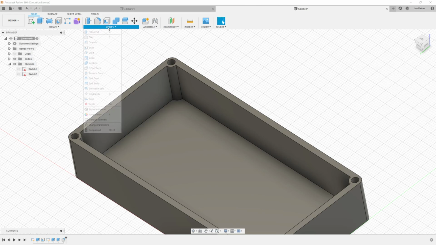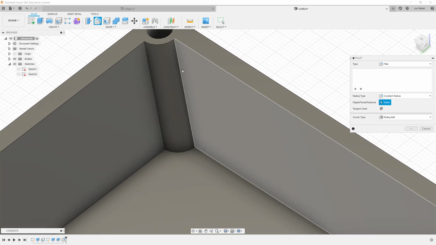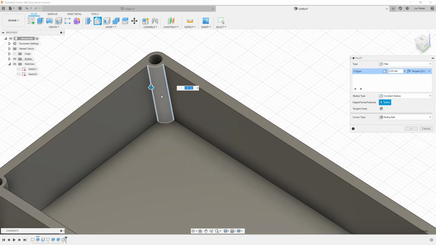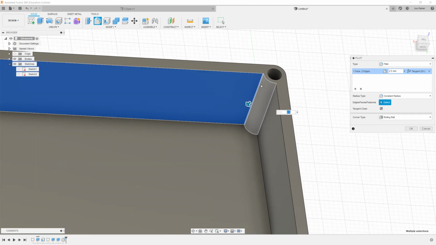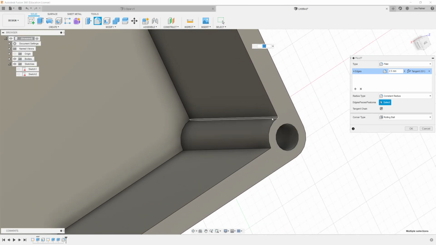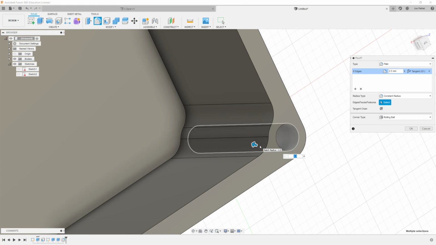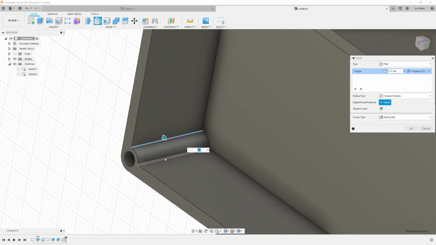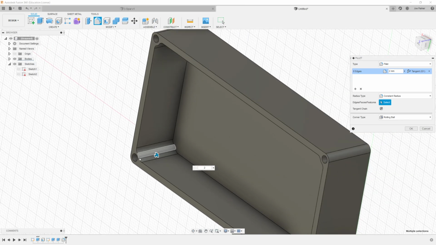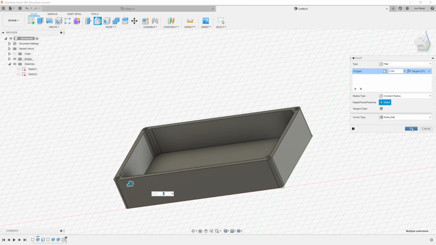What this means is that if I create fillet features for these vertical edges first, if I set these to the correct value, I click OK,